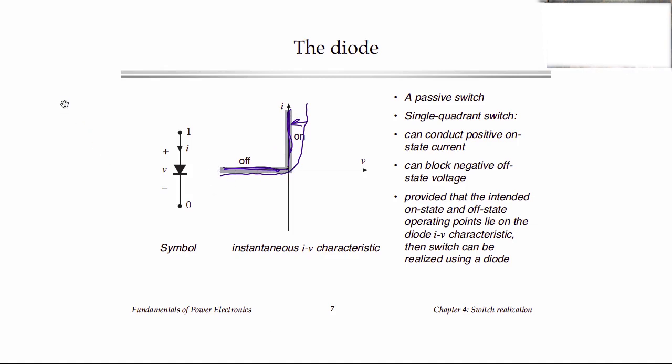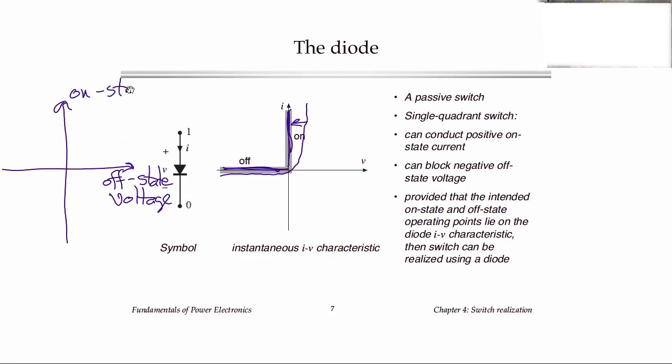negative voltage. So in the planes that we have been drawing in the previous slides, the off-state voltage is negative, and the on-state current is positive, and so the diode operates then in this quadrant, in the second quadrant. So if we work out these quantities by solving the converter to find its voltages and currents and see what it applies to the switch, and it turns out that we get quadrant 2, then we can realize it with